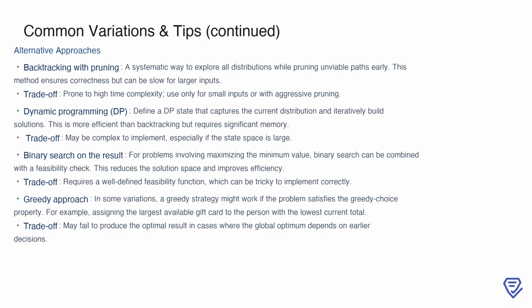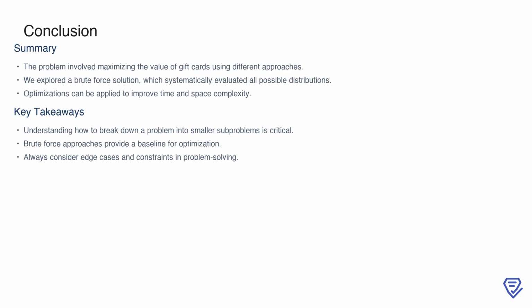Binary search on the result is another powerful technique for problems where you need to maximize a minimum value. By combining binary search with a feasibility check, you can significantly reduce the solution space, though this requires a carefully designed feasibility function. Finally, in some variations, a greedy approach might work if the problem satisfies the greedy choice property. For instance, you could assign the largest available gift card to the person with the current lowest total. However, greedy methods can fail to produce the optimal solution if earlier decisions impact the global outcome, so use this approach cautiously. Great job! We've successfully walked through the problem, maximized the value of the gift cards, and explored a